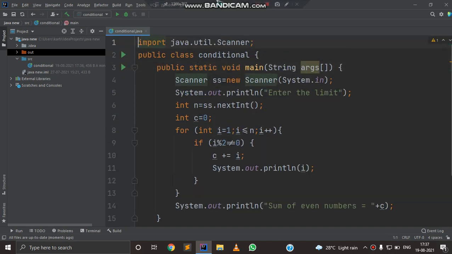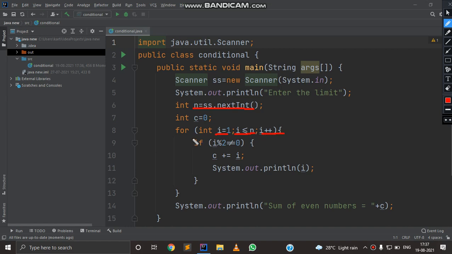So let us understand the logic of this program. First we initialize one variable n where we take the limit. The loop starts from 1 and ends at the limit given by the user, and increases by 1 every time.